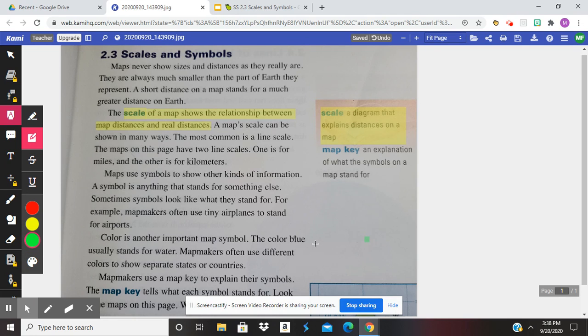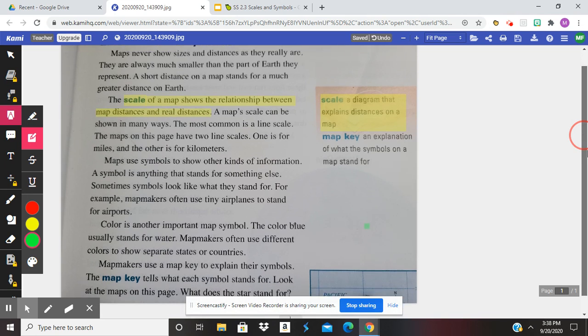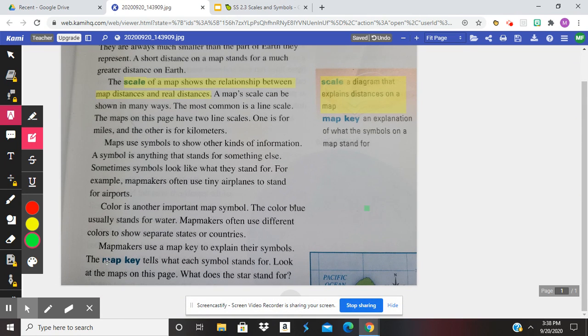The other one, let me see, is a map key. So the map key tells what each symbol stands for. And again, they put it up here. Map key is an explanation of what the symbols on a map stand for. Okay, we're going to go to the next slide and talk about the map